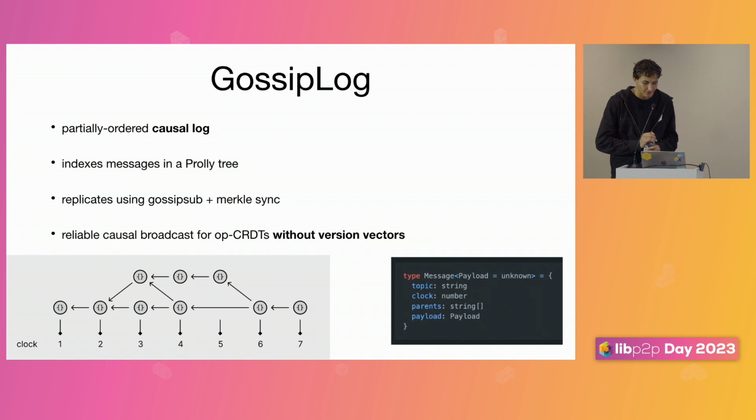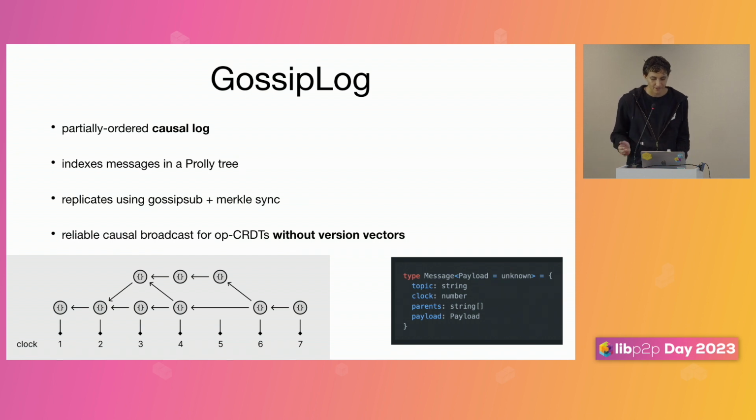So this is what it's all kind of building up to. If we want persistence and sync for something like Pubsub, what we're really talking about is a log of messages that have some partial order to them. We'd like them to be delivered and to sync relatively in the order that they were published. We don't need it to be perfect or total, and that would also be impossible, short of a blockchain or something. So short of that, the best that we can do is something kind of like this diagram, which would be familiar to people in CRDT world.